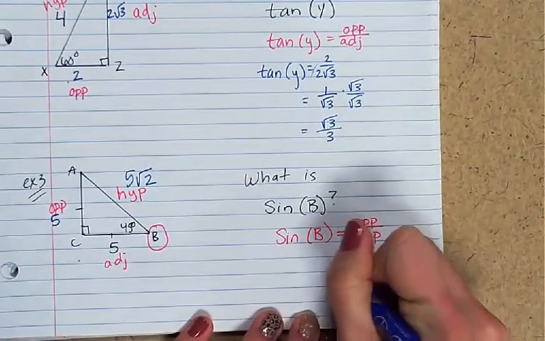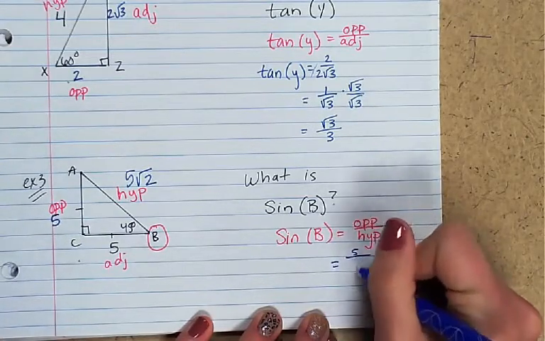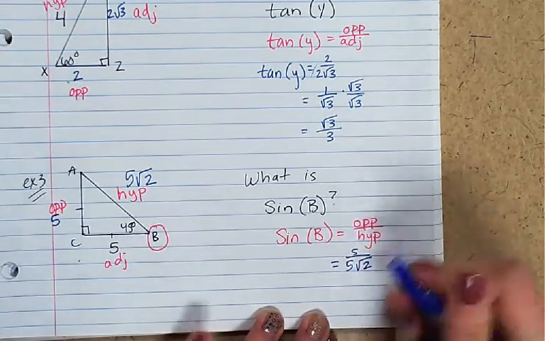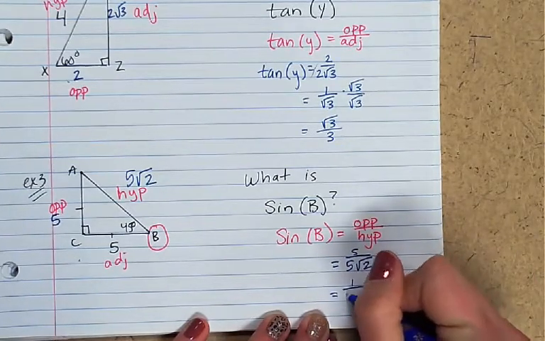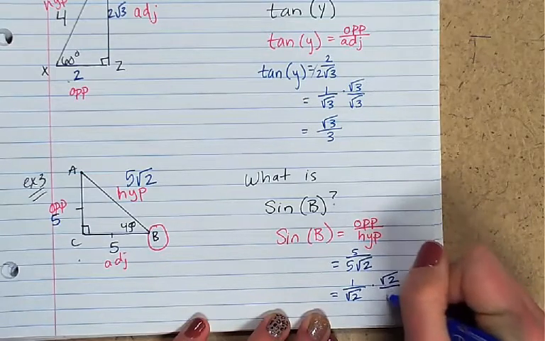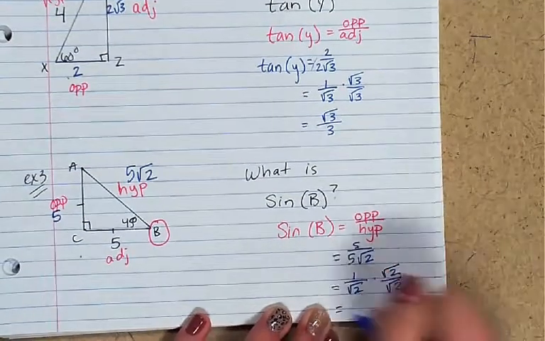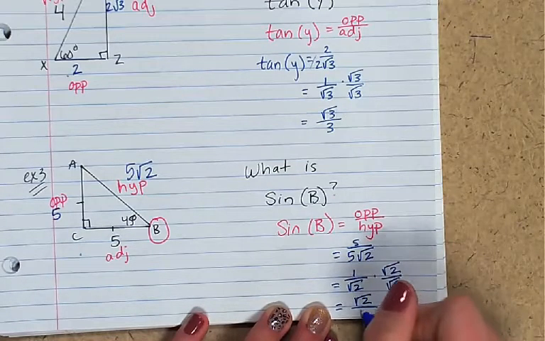So sine of angle B equals opposite 5 over hypotenuse 5 root 2. So again, the 5s simplify to a 1, 1 over root 2. Rationalize the denominator by multiplying the top and bottom by what the denominator is. And you will get root 2 over root 2 times root 2 is